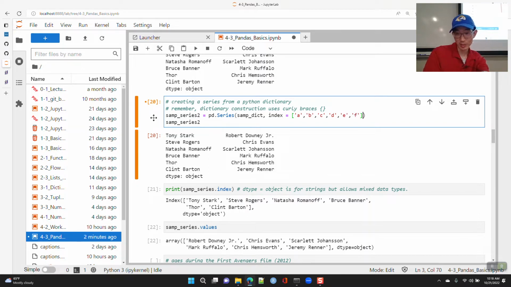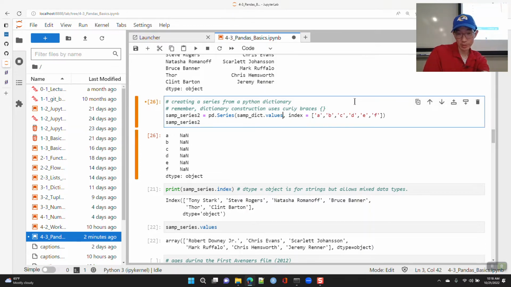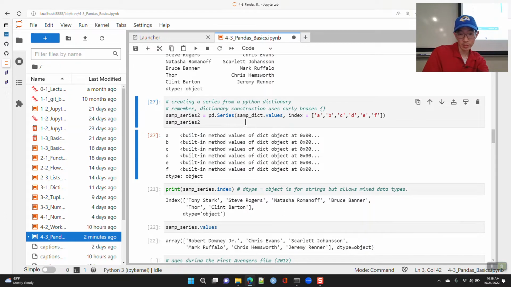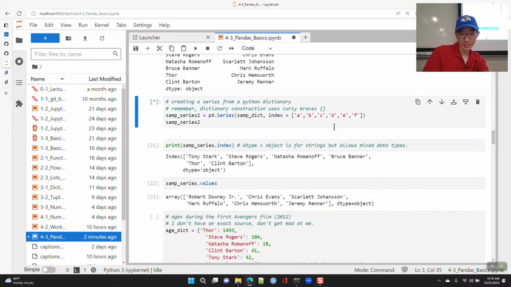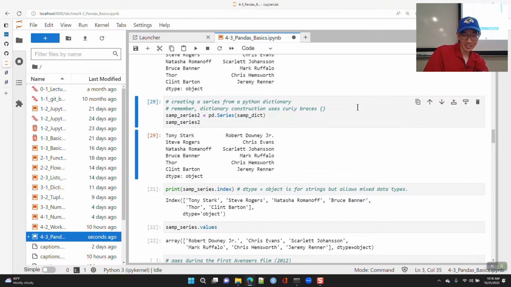Let's see what happens, because I'm not 100% sure. It did not like it. Maybe if I do sample.values, nope, it doesn't like that either.